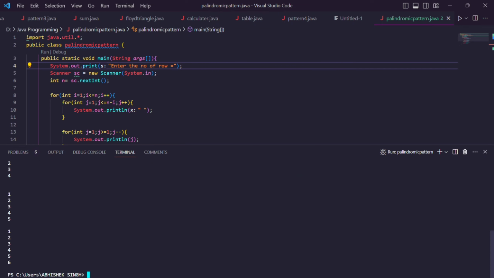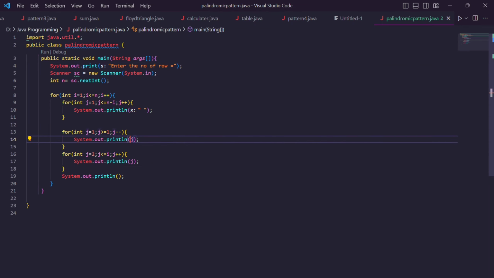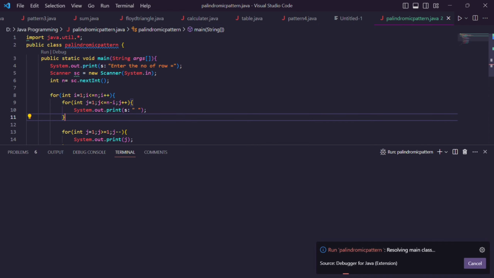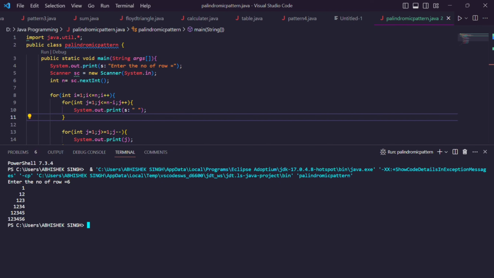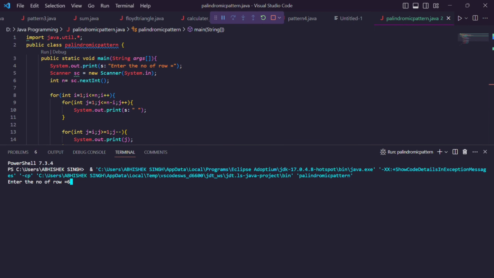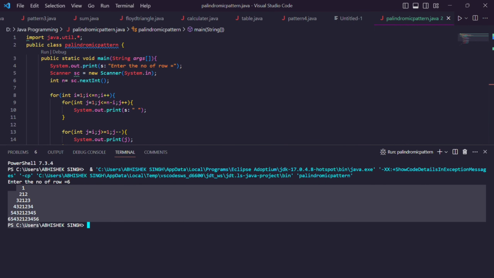Print 6. There is some problem. j, ln, and then execute. So there is some problem. j equals i. Yes, and then execute, and we are printing 6. Look at this, 1 2 1 2